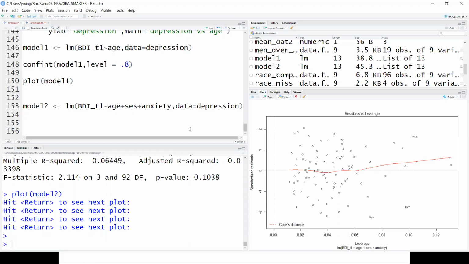Okay. Well, what about something like a t-test? Let's say I want to know if one group is more depressed than another. Are men more depressed than women in this data set? Again, remember, completely fake. So let's go back to plotting here.